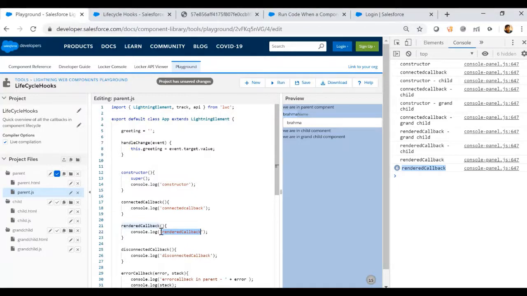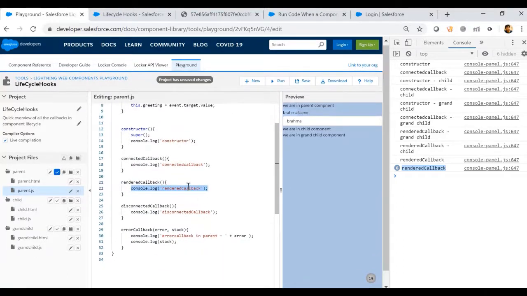So we should be very careful while writing logic inside rendered callback, because there are chances that it can go into recursion and execute multiple times in the journey. We should be especially careful while calling server methods or complex logic, because we can easily get into an infinite loop.